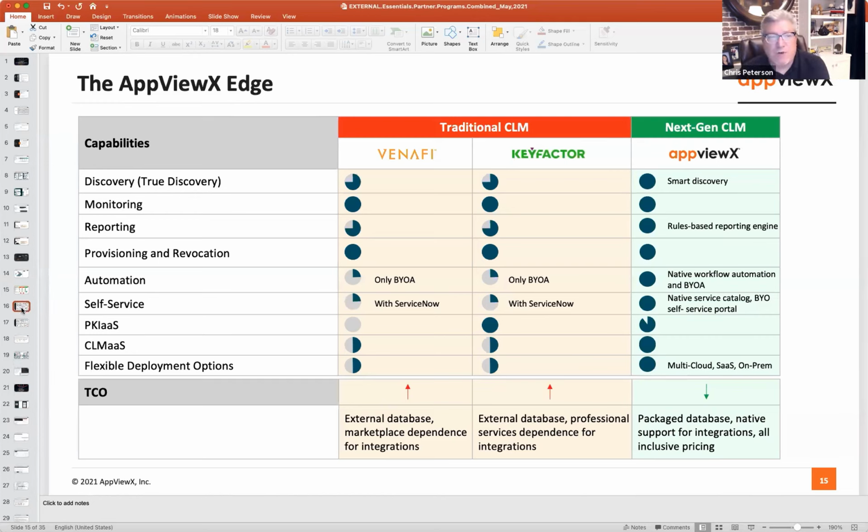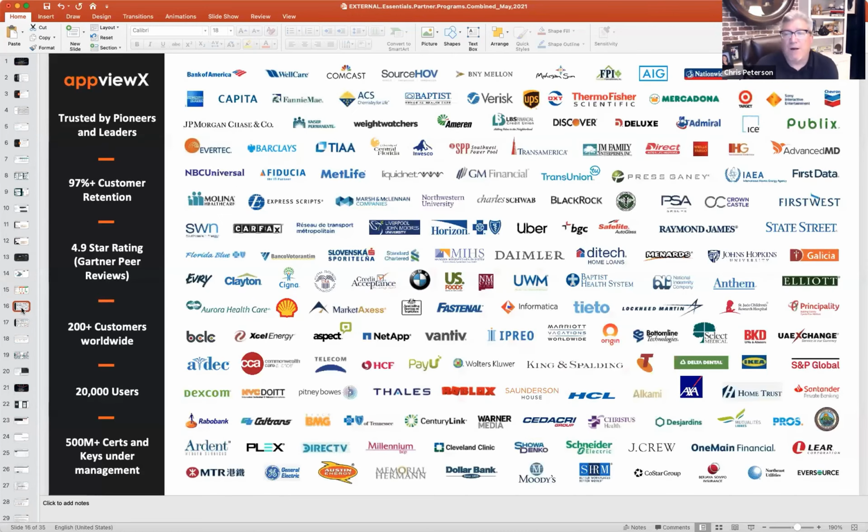Just a bit about our customers. We are a very trusted provider of certificate lifecycle management and automation to the companies you see up on this slide. This is obviously the slide we brag about the enterprise customers that we have. We have a 97% customer retention rate, and this is very important to you as a partner because A, it